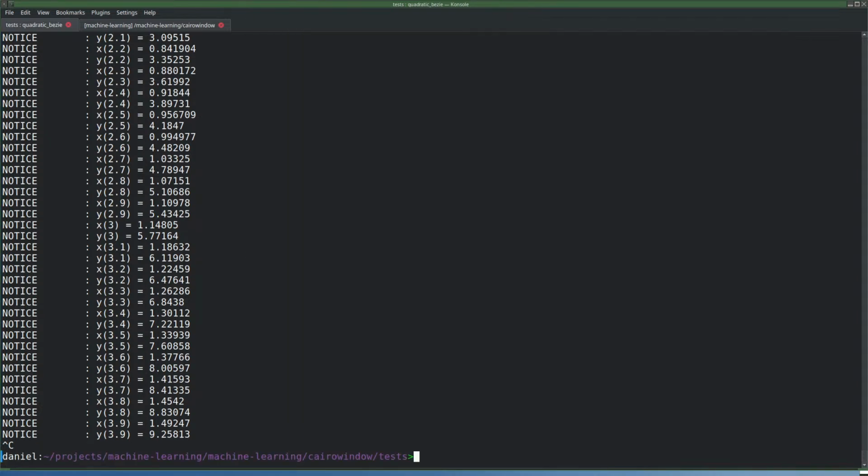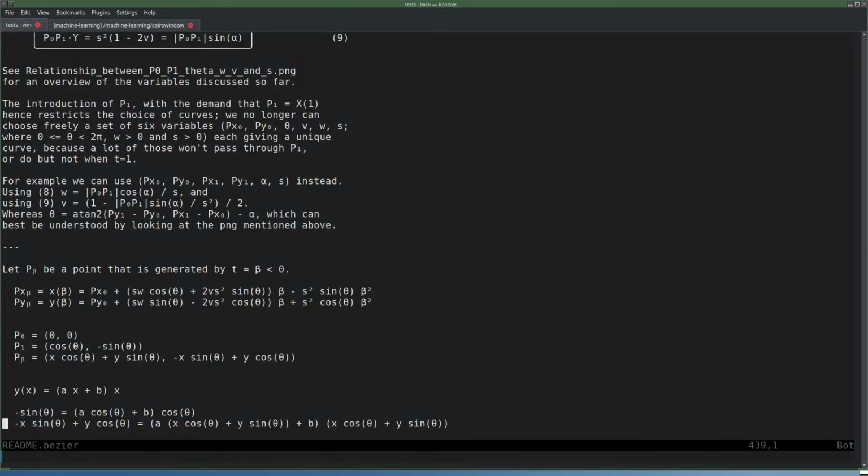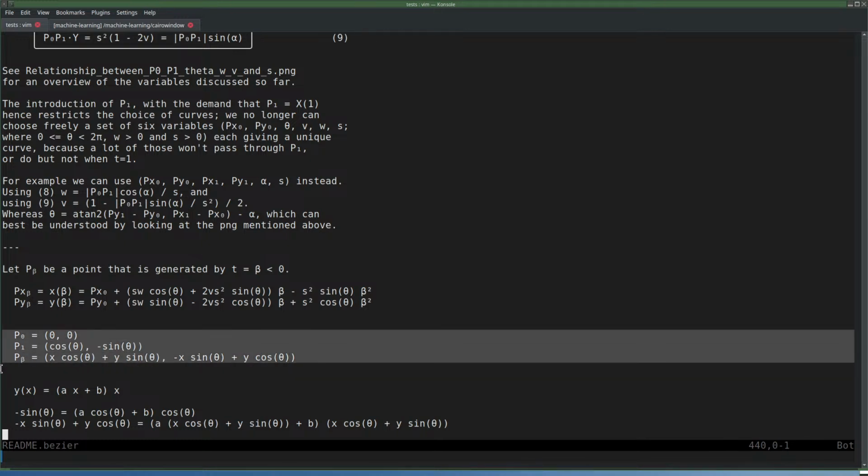But the picture's not helping me, so now I went to the README, and now I'm doing math here to find the theta. And the equations we have is, well, I know that this is at 0, 0, even after rotation. This is P1 after rotation by theta, and this is P beta, the other point, when it started in XY and then is rotated clockwise by theta. So these are the points, and these 3 points must be part of an upright